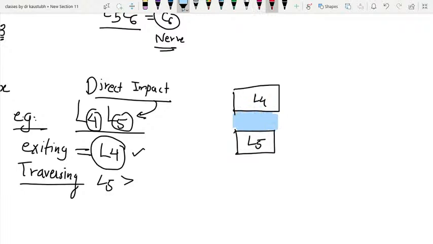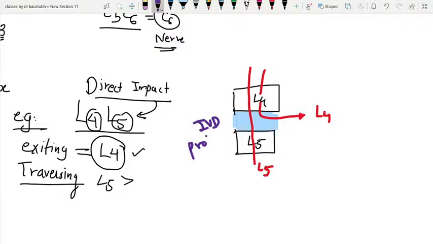Okay. Now I have a nerve which is coming from here. Which nerve will be the exiting nerve between L4 L5? That will be L4, right? Which would be the traversing nerve? It will be L5, right? So from this you get that if I am having an intervertebral disc prolapse,